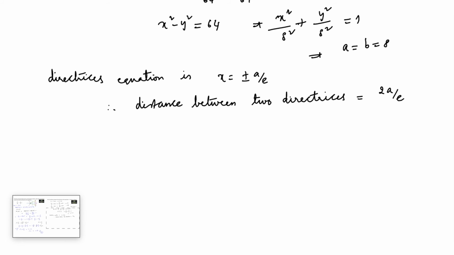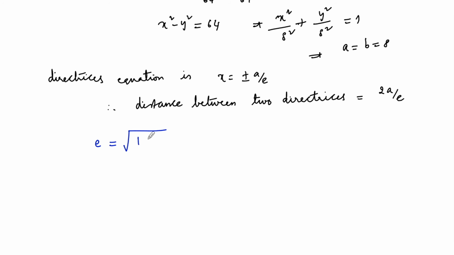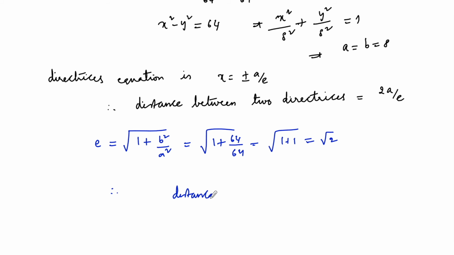So let us find the eccentricity. Eccentricity e is equal to under root of 1 plus b square upon a square, which is equal to 1 plus b square value is 64 upon a square value is 64. So that is 1 plus 1, which is equal to root 2. Therefore, the required distance, that is the distance between the two directrices,